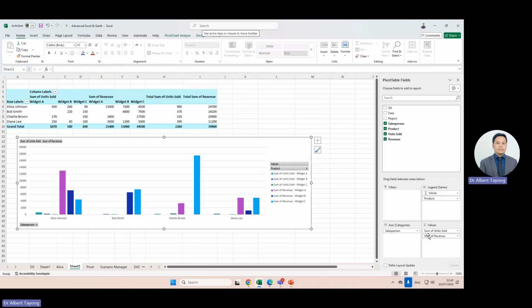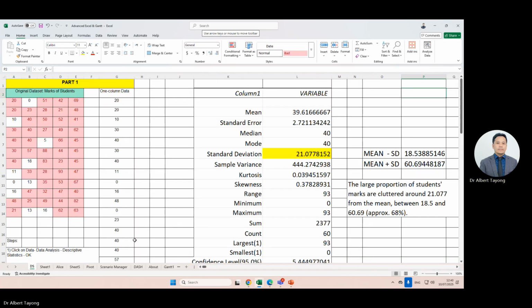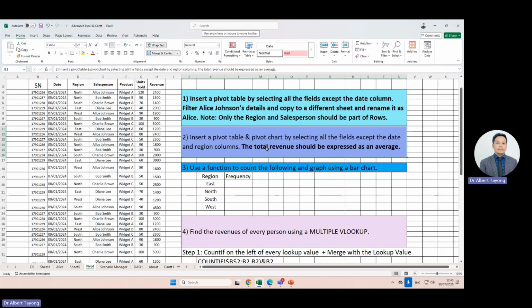So this is actually looking good. I transferred the product there. So now we have the data or the graph showing as per the salesperson. Alice is here, Bob, Charlie, and Diane. Okay, and here you can see the legend. The purple is widget A, okay, for revenue, and this is for the units sold. So these are the legends here, and as mentioned, we have to change our revenue as an